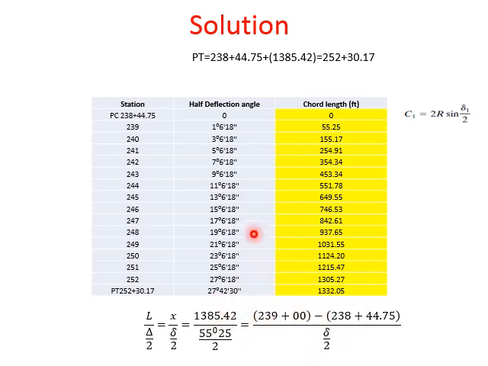Okay, it's fine here, but how much are we adding in the distance for the next point? We are adding 100 feet in the distance. Okay, so the angle will increase for every 100 feet increase in length. The angle increases by degree of the curve, and degree of the curve is 4 degrees. So half of that is 2 degrees. So you can see the deflection angle is increasing by 2 degrees. See, from 1 to 3 to 5 to 7. Why? Because you are adding 100 feet in the length.